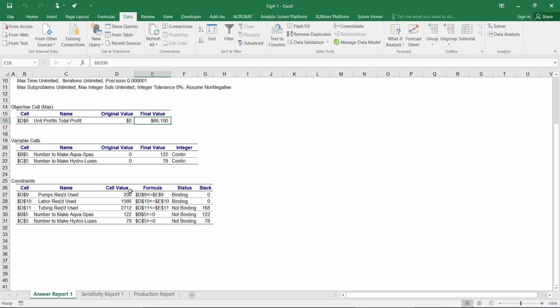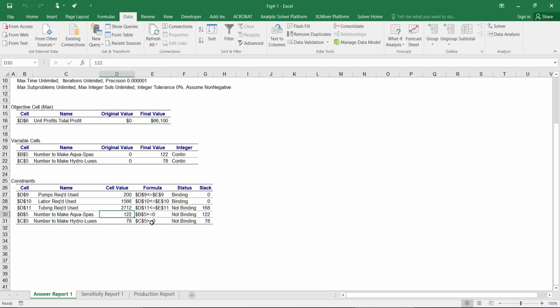You can see the left hand side value of each constraint is given. And the exact values of the decision variables are given in these cells, which exactly match these values,